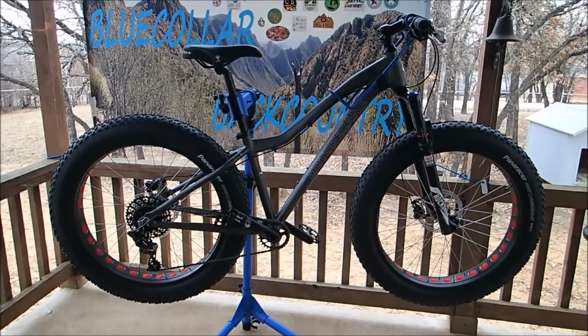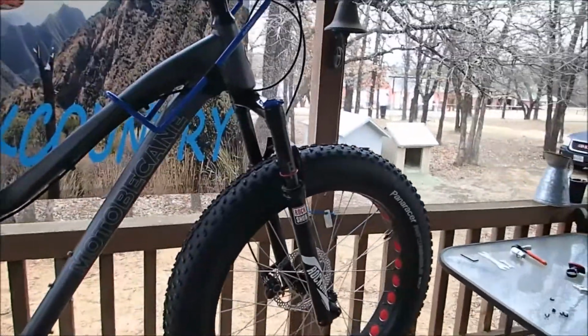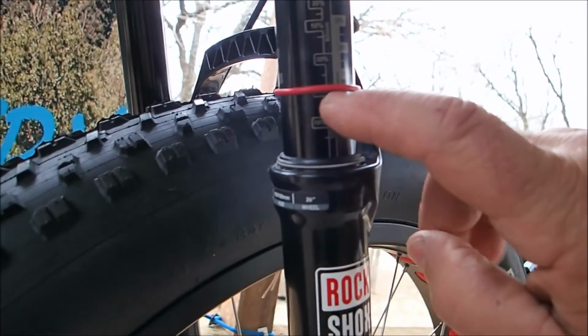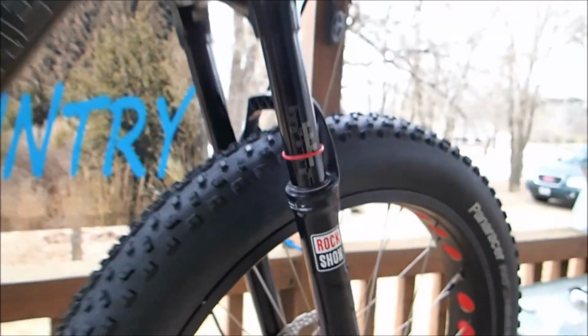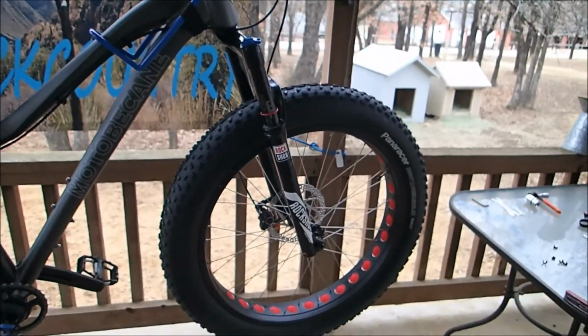Alright y'all, there it is. There's my fun in a box. And I've got my forks adjusted with the right air pressure. You can see I'm at 20% of sag on the 120 millimeter mark there. Wound up with 95 pounds of air in it instead of 120 like they said. On the RockShox Bluto,